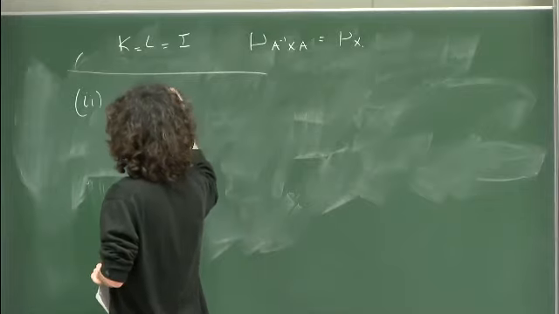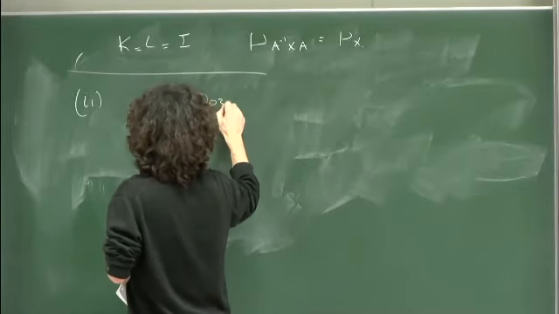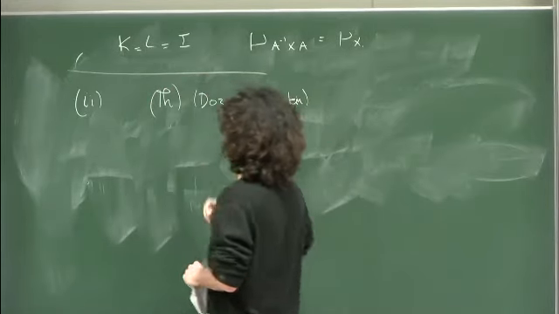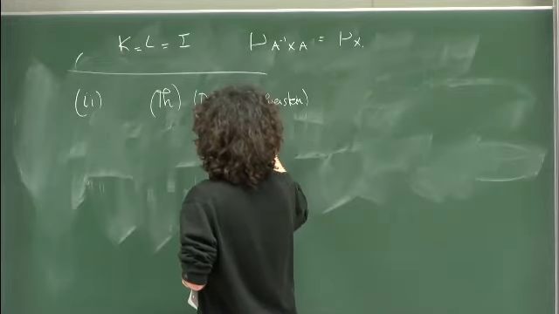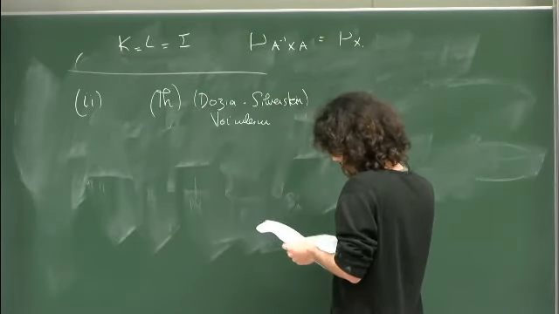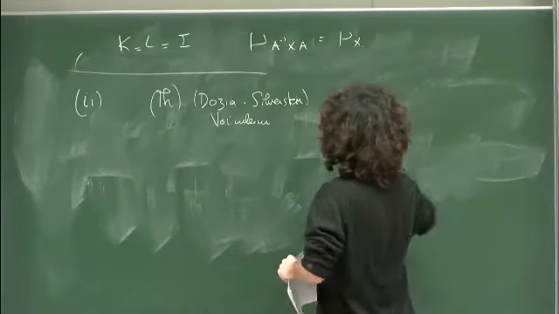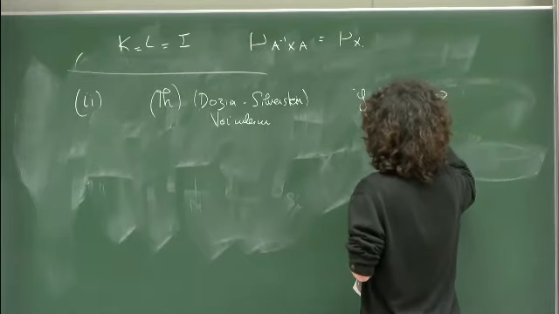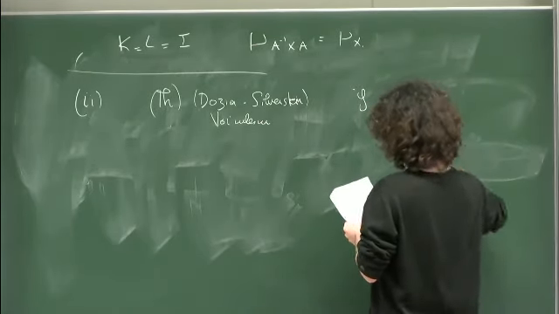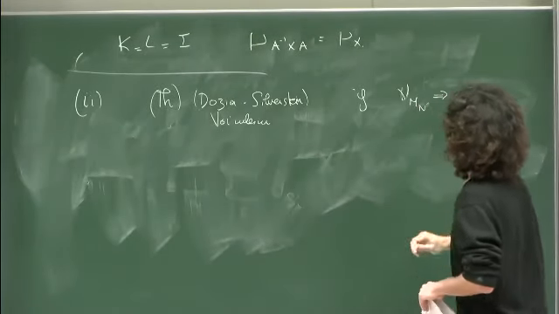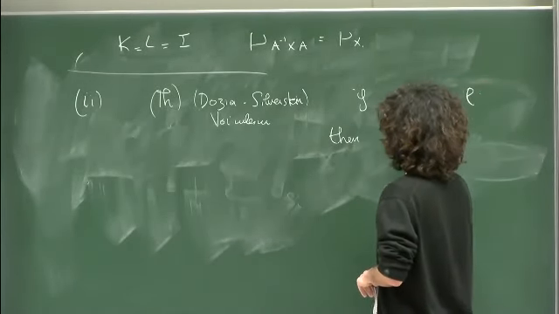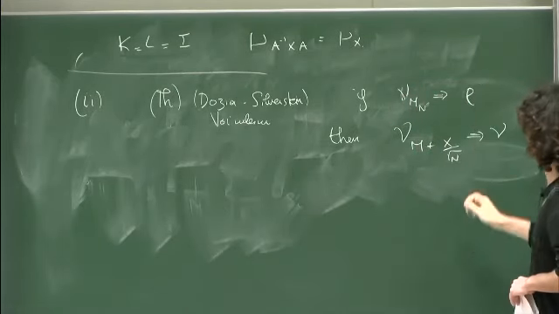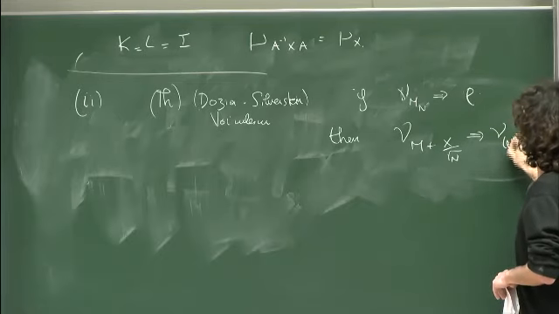So there is a theorem which is usually attributed to Dozier and Silverstein, but can also be proved by using a theorem by Voiculescu, which says that if you have your sequence of matrices Mn whose singular value measure converges to a limit measure, let's call it rho, then the singular values of m plus x over square root of n converge also to a measure which depends on rho.